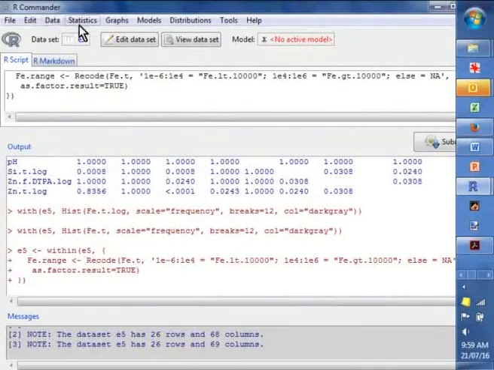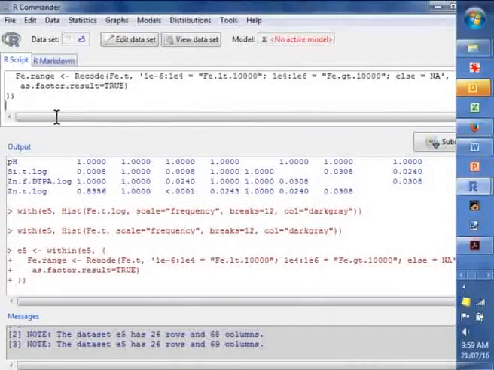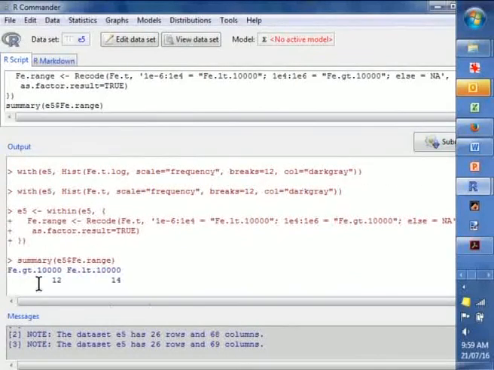What we should do then is generate some statistics. Actually, it's probably easy to, so our data set's called E5, $symbol, FE.range, that's what we called it before. Click submit on that, and we can see that in our iron greater than 10,000 ppm, we've got 12 observations